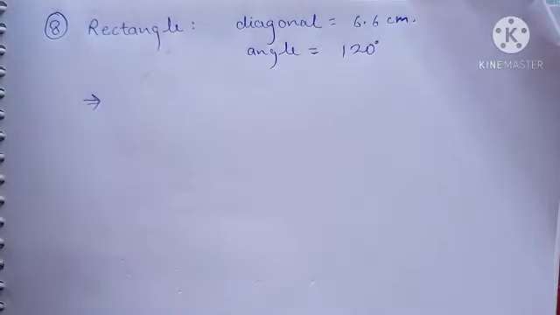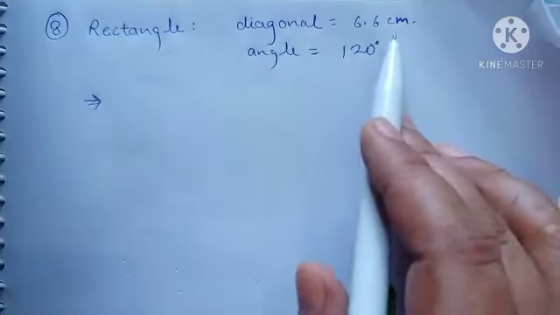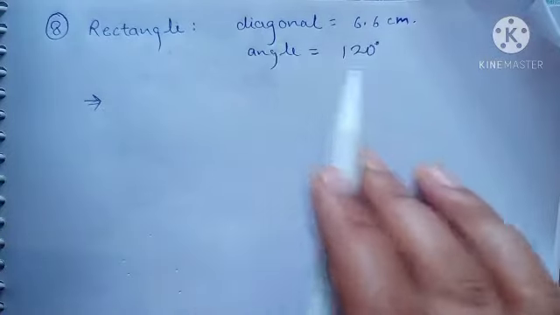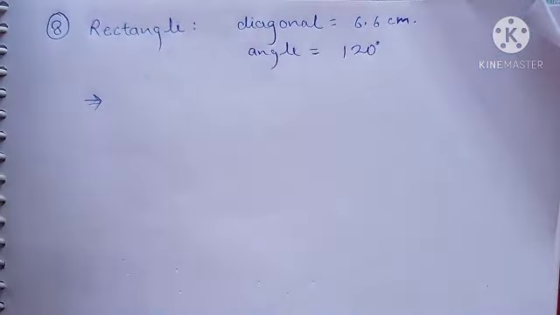This is the second part of exercise 13.2. So here question number 8 is, we have to construct a rectangle whose diagonal is 6.6 centimeter and angle between two diagonals is 120 degree. So what we have to do, first of all